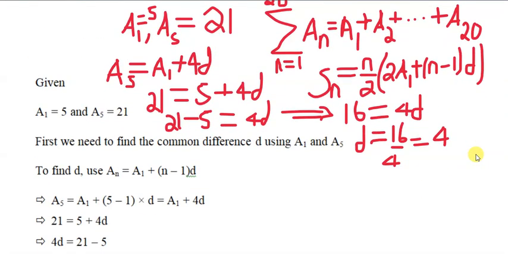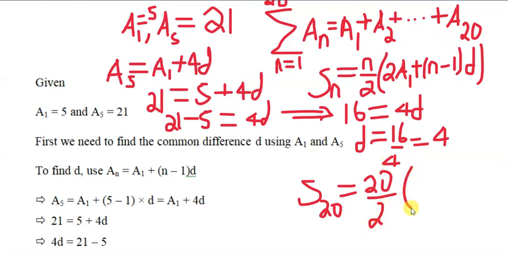Therefore that sum, here our n is 20, s20 is equal to 20 over 2 times